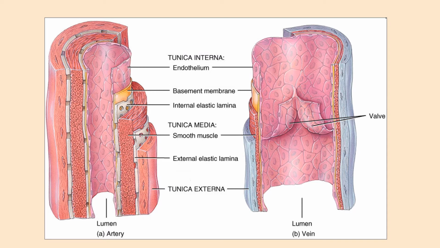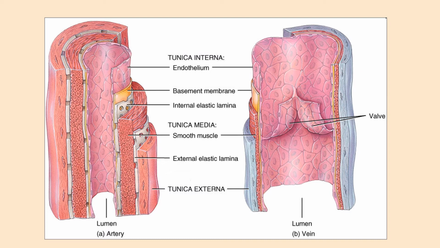So let's start with the amount of smooth muscle. If we look at the amount of smooth muscle in the artery and compare it to the amount of smooth muscle in the vein, we see that the artery has a much thicker layer. This allows the artery to vasodilate, or to get wider, and to vasoconstrict to a much greater degree than the vein. And changing the diameter of a blood vessel is a way of controlling the amount of blood flow through that vessel. So arteries and arterioles, not shown here, but arterioles also have a fair amount of smooth muscle in their walls relative